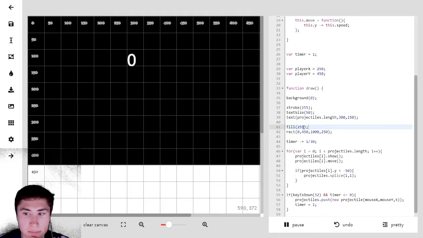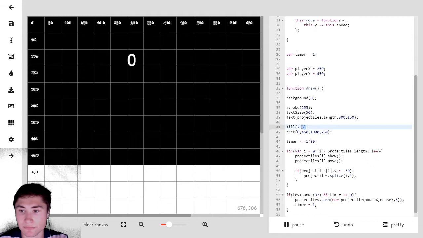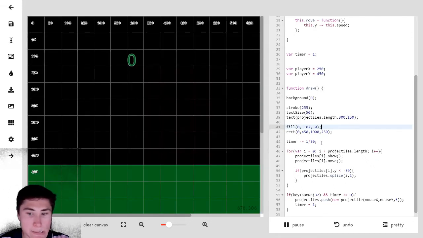Okay, actually that's a bad color. I'm just trying to make something that looks kind of like a ground, so to where we could place our character. Okay. Looks a little odd, but